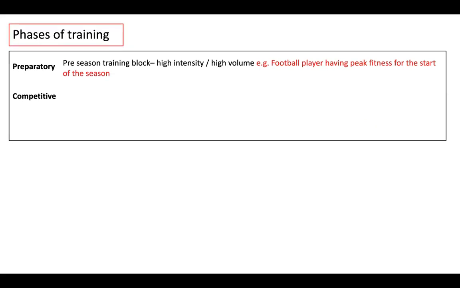Okay, so what do we do during competition? How is our training phase during competition? We know during pre-season it's high intensity, high volume. So when we're actually in the competition as a football player playing in the Premier League three times a week, how are we going to change our training? We're going to do something called tapering, which we come on to a bit later, which you saw was in the specification. So we taper to reduce our workload. So during the actual competition, we taper our training to reduce our workload, saving energy to win a cup final,